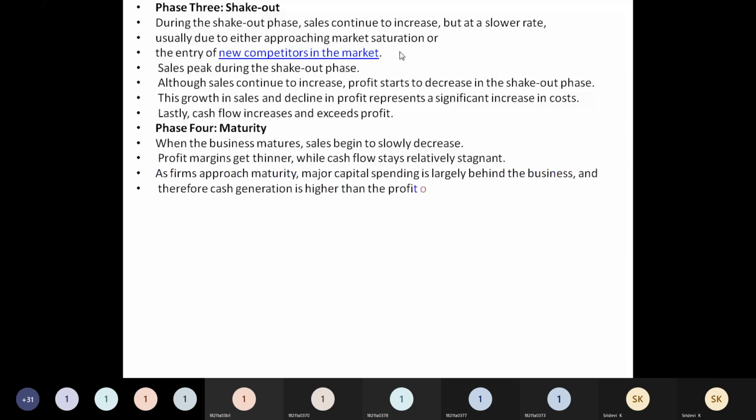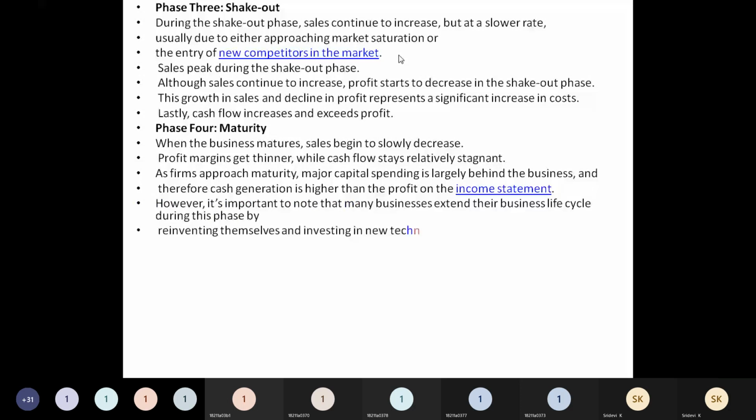So at this stage, there is major capital that they are going to spend, and that is not going to be recovered here. So that is not going to be included in the profit and loss account statement. So automatically that will reduce the profit. At this stage, if the business person is alert and is going to bring changes in his